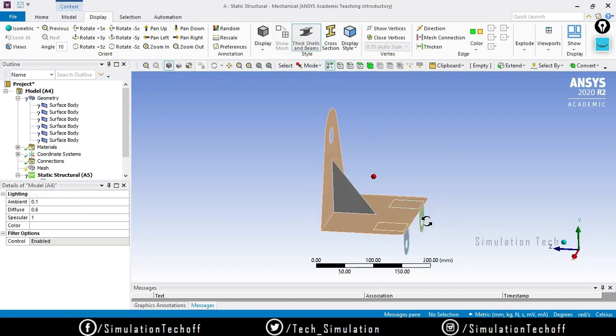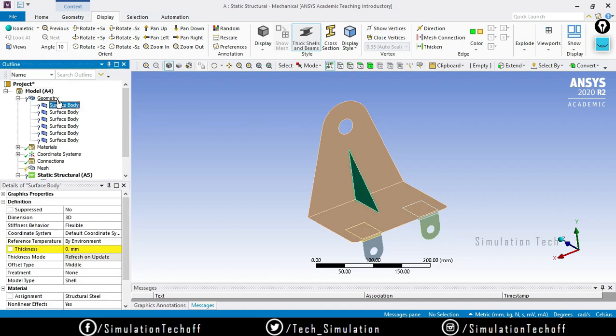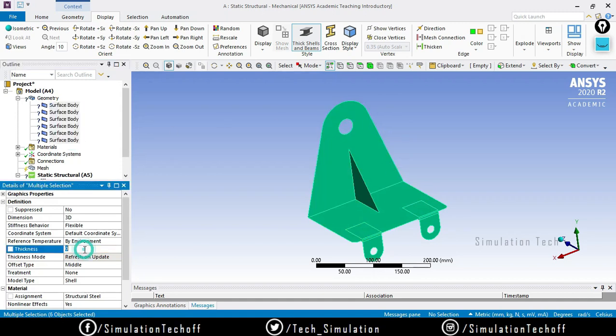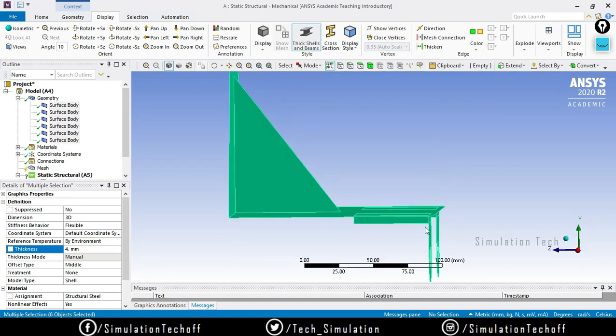So okay, this is my model. You will notice that there is a question mark over there. The reason it has the question mark is that no thickness is assigned to it. So you need to assign a certain thickness. For now I just assume that all the thickness is 4 mm, but this thickness varies. This and this rib structure and this L section are actually 4 mm, and this clamp will be a thickness of 9 mm. So you need to provide the same thickness, but for this case I assume that all the surfaces have the same thickness of 4 mm.